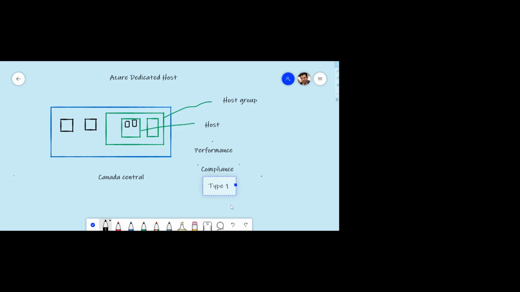So when we talk about these dedicated hosts, you can choose from type 1, type 2, and type 3, and these are nothing but a specific kind of compute, so CPU and RAM. Now one thing I just want to point out here is that this has a limitation of what series of machines you'll be able to deploy on these hosts, right? There is a limitation to specific kinds of D, E, F, and now recently they have also introduced the N